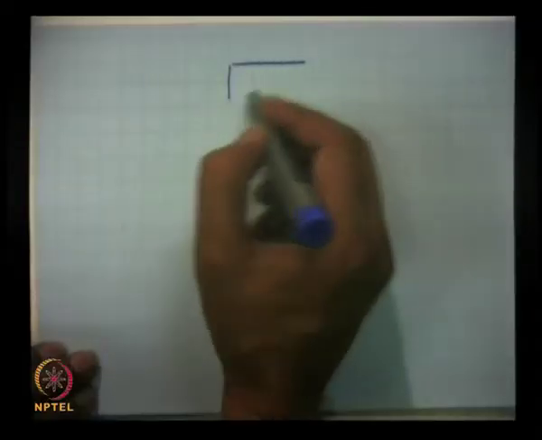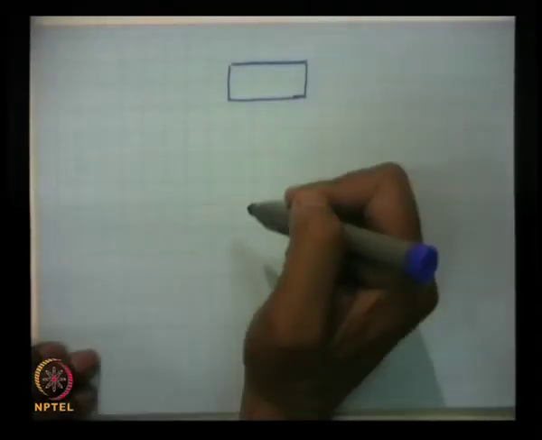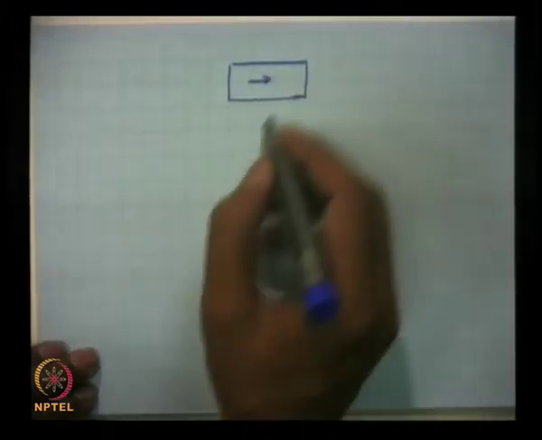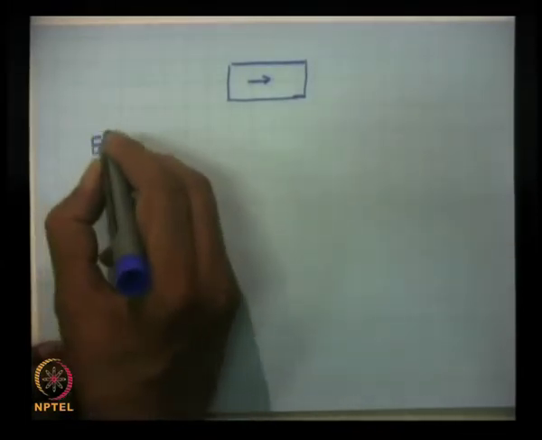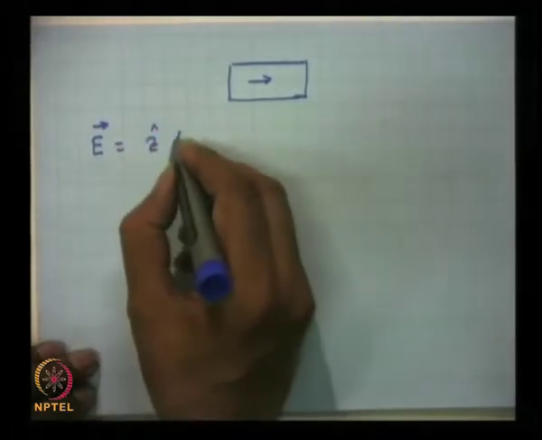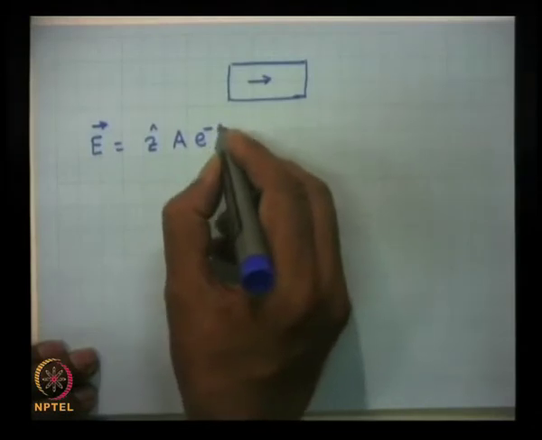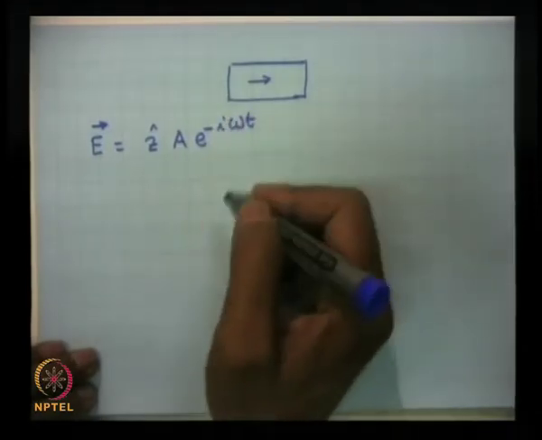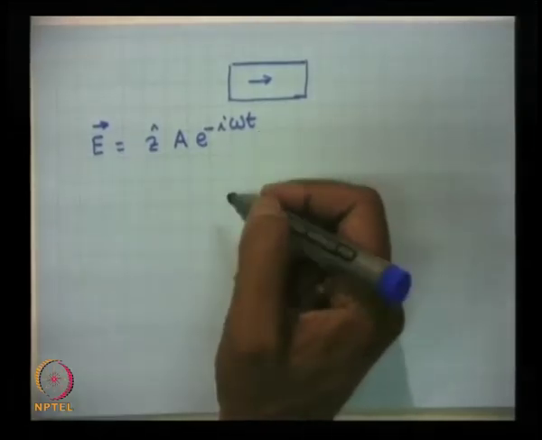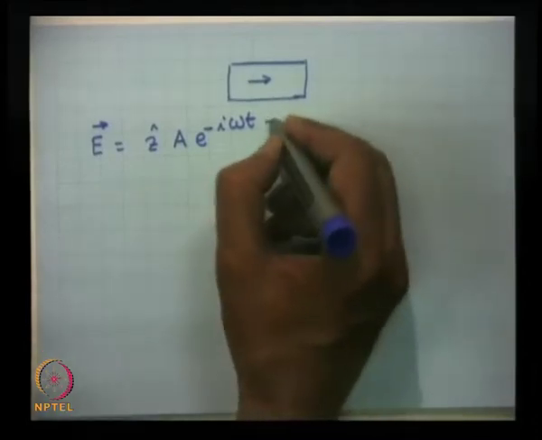Well, let me briefly formulate the problem. The problem is that suppose I have a plasma, and if I apply a radio frequency field to the plasma, the electric field may be oscillating. Suppose the electric field I subject to the plasma is, suppose Z, and amplitude is A exponential minus I omega t. It may have a Z dependence also, but that Z dependence I am considering for the moment to be weak. Maybe if you like, you can have this, suppose Kz also here.